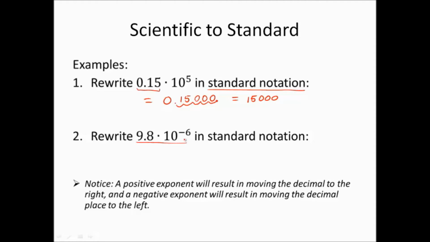Now recall that if your exponent is negative, that actually means multiplying by 1/10 6 times over and over again. Every time you multiply by 1/10, you're actually dividing by 10, meaning the decimal is going back 6 places to the left. So let's start with 9.8, and we're going to divide by 10, divide by 10, divide by 10, 6 times over again, leaving you with the place value ending right there. So you can fill the rest in with zeros. So that gives you